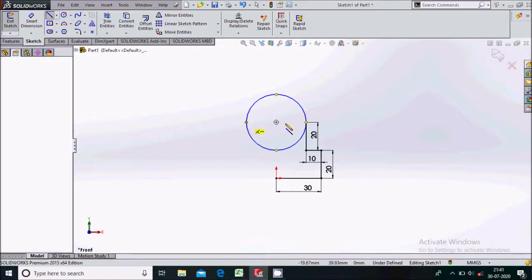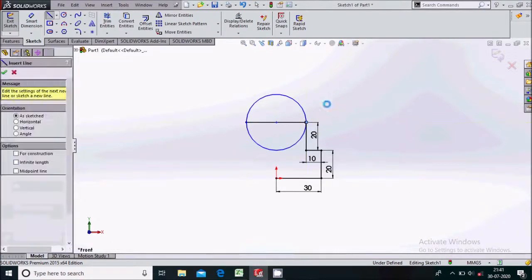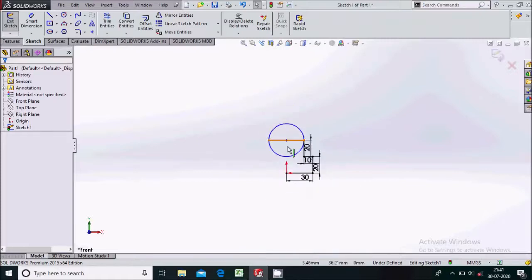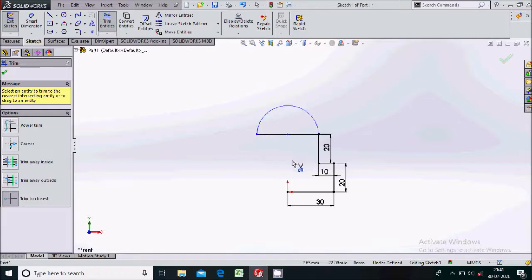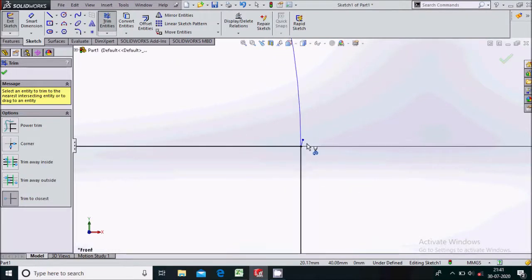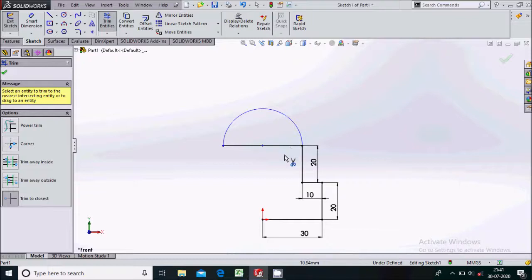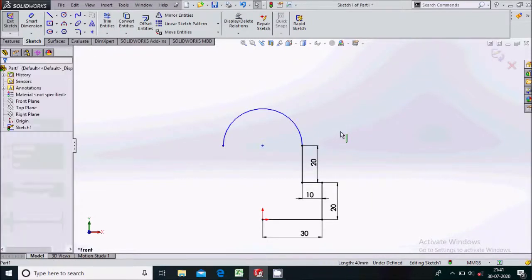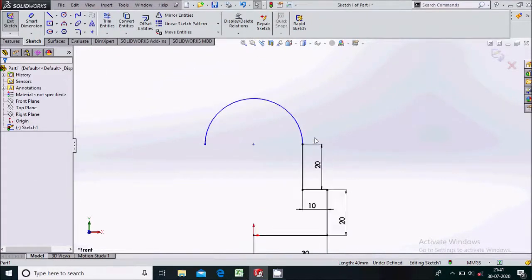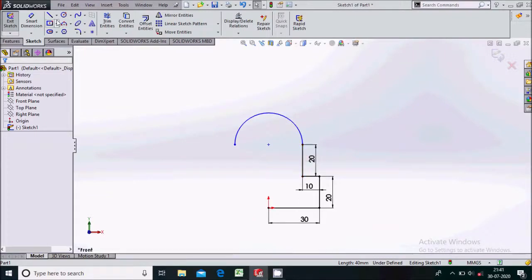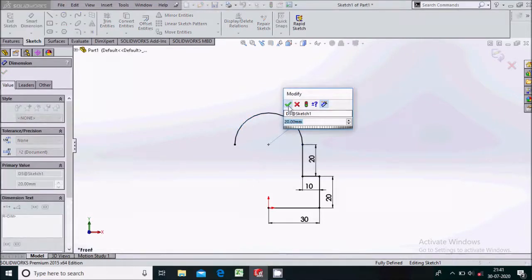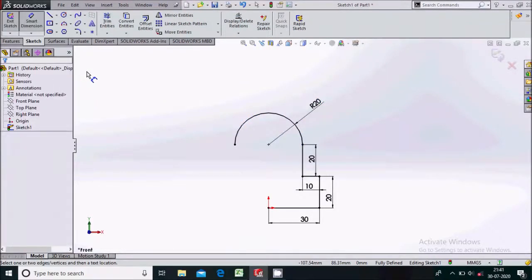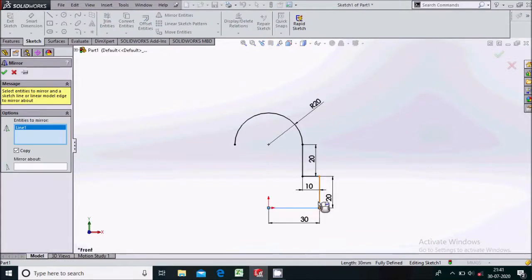Simply draw one line. Escape. We'll simply delete the unwanted part. So trim entities and delete the unwanted part over here. Delete this one too. OK. Now we'll just give a dimension to this. So it will be 20 mm diameter. OK. Now select the mirror entities and select these to mirror about